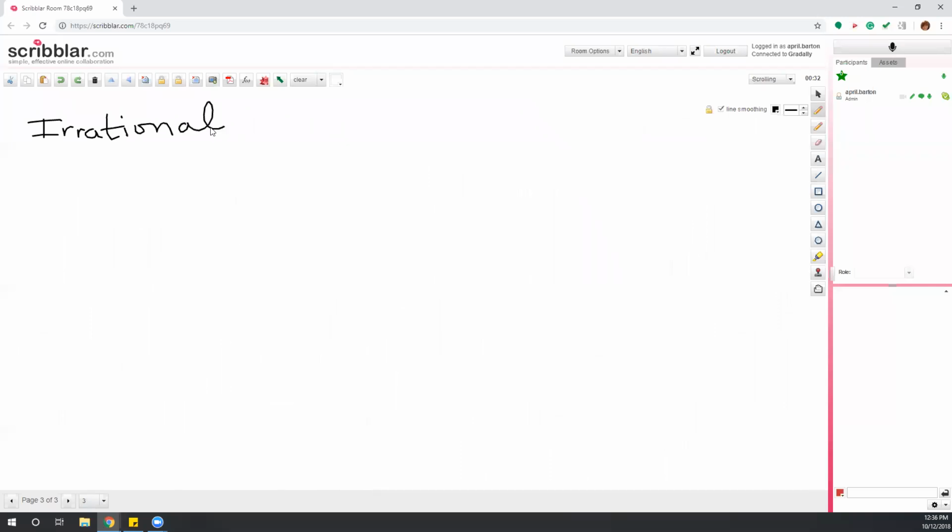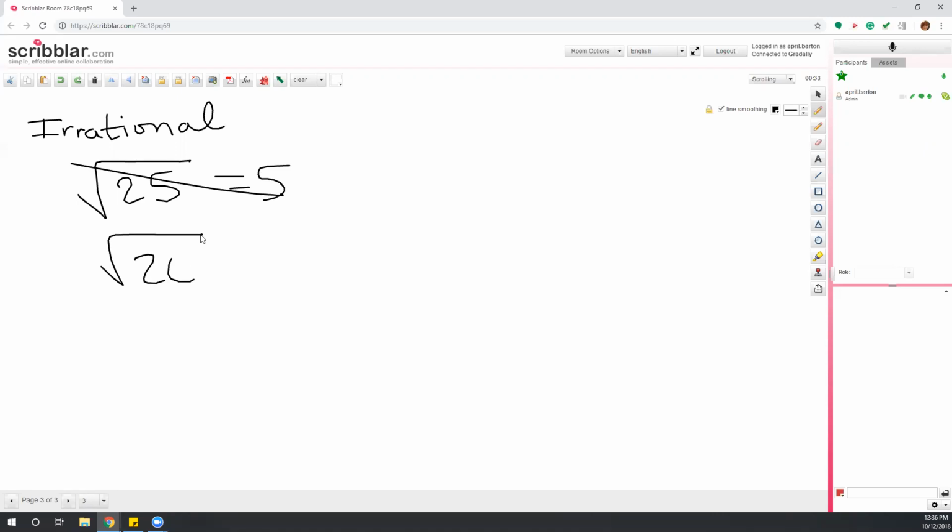And irrational numbers mostly come up when you're taking square roots, but of numbers that aren't nice. You know, square root of 25 is just 5. That one's actually a natural number, whole number. It fits in all the categories but irrational. But if we just change that a tiny bit and do square root of 26,